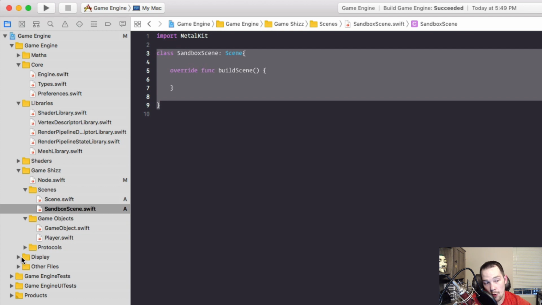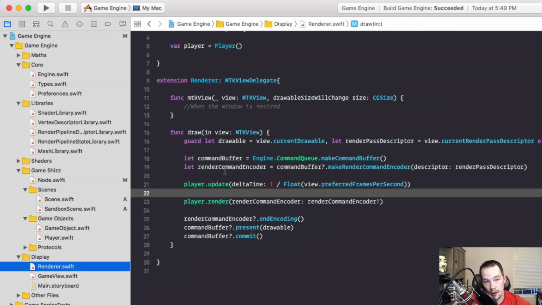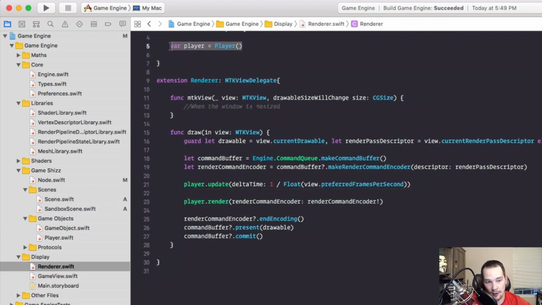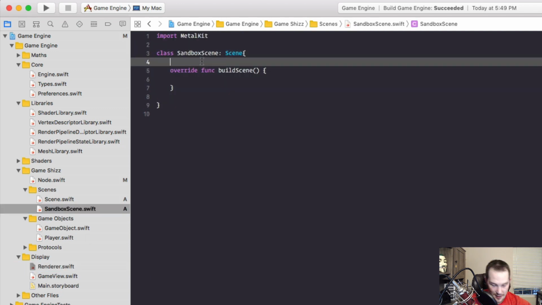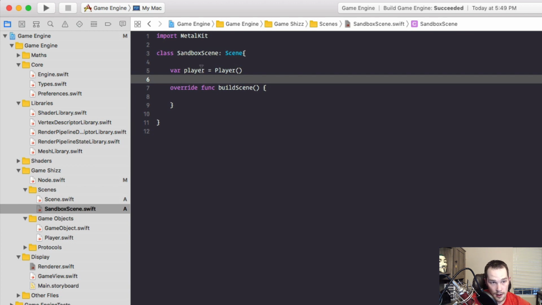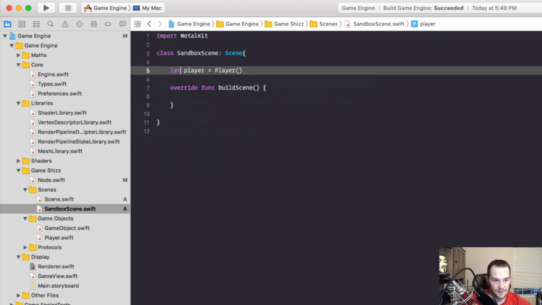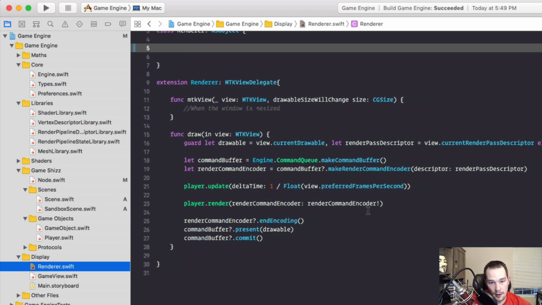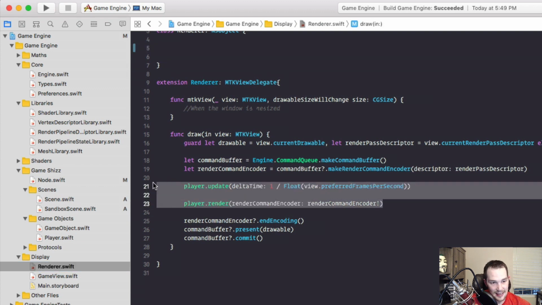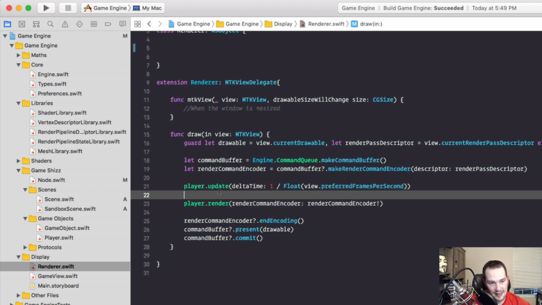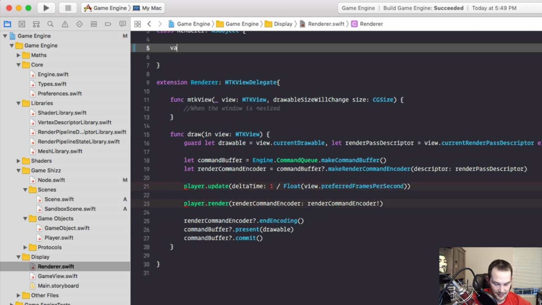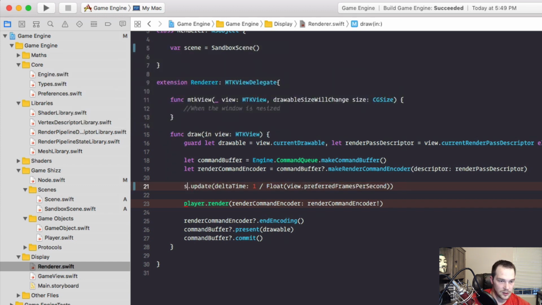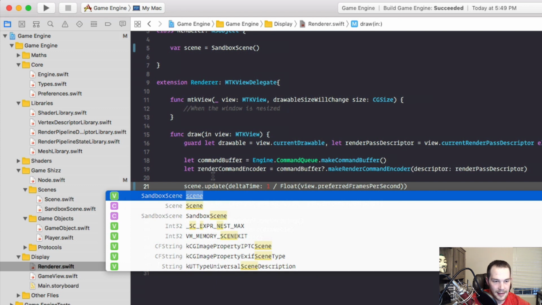What we can do now is go to our display, go to renderer, and instead of saying var player right here, let's take this var player, go back to our sandbox scene, and add it on the outside of there, and really this could be a let. I don't know why that's a var. Go down to our renderer, player.render, well, no, we don't even need them out of there. Let's just instead up at the top say var scene equals sandbox scene. And then right here, we can call scene.update and scene.render. But I think